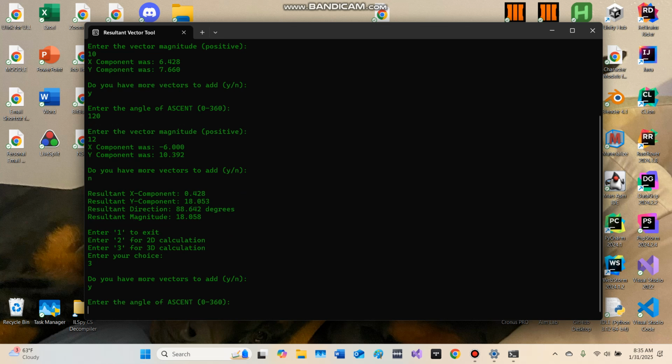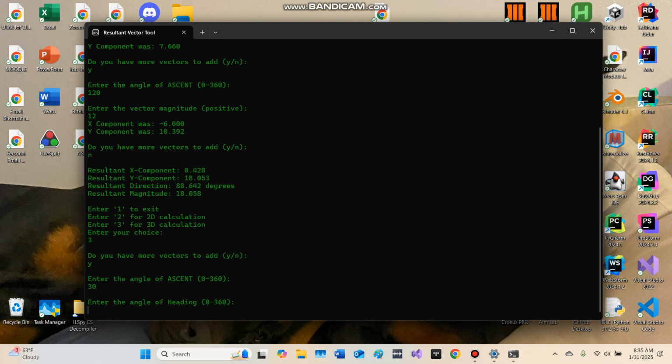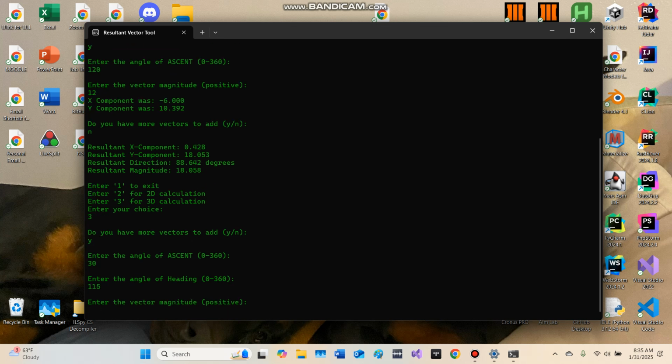So do we have more vectors to add? Yes. First, it wants the angle of ascent. Let's give it the angle of 30 degrees. And the angle of heading, that's your other one, let's give it an angle of 115, because I like COD zombies. Okay, so this angle will be moving away from you. It'll be moving away from you and up, if that makes any sense at all. If you remember the image,